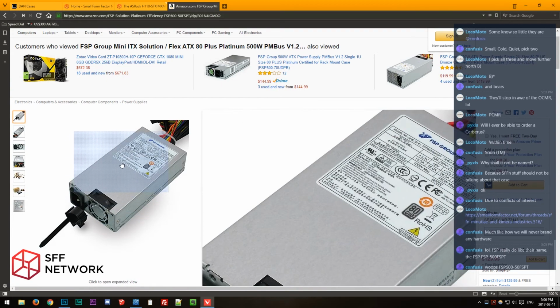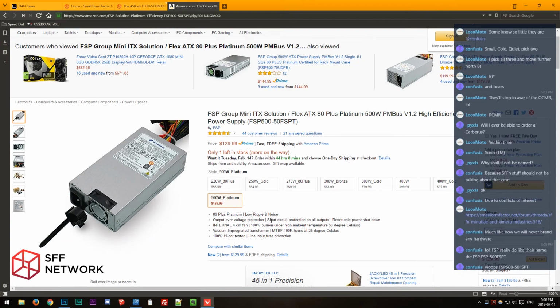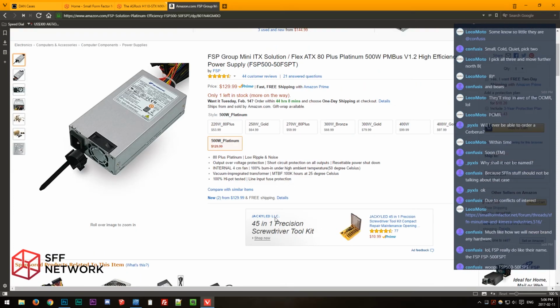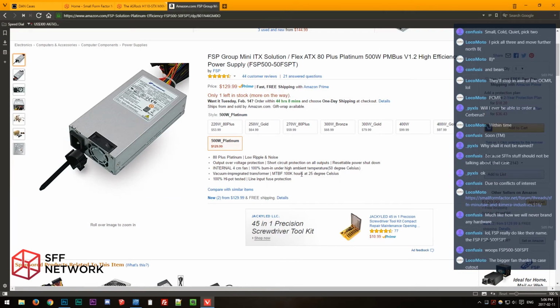Yeah, so I bought one of these. So, yeah, it's not quiet at all. At least not at load. Because, I mean, that's kind of the thing, it's just physics. It's a 40 millimeter fan, so there's only...